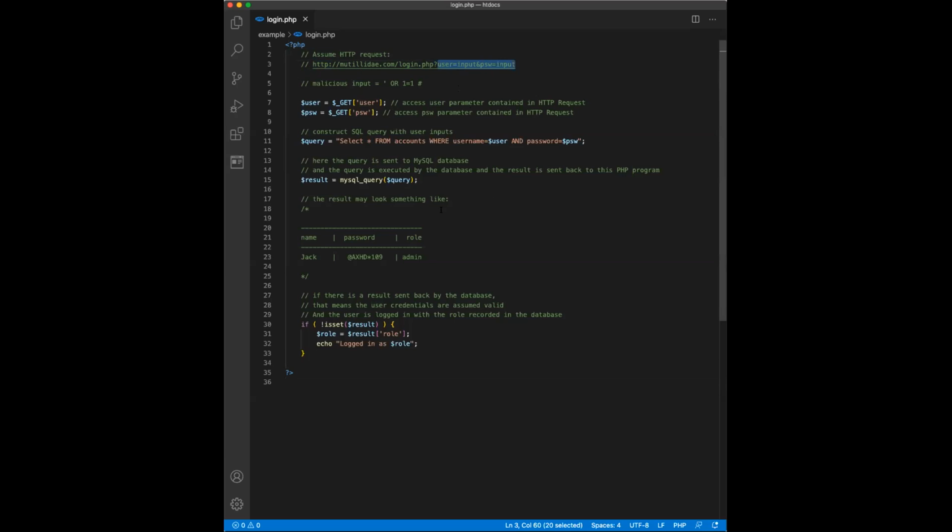In this PHP program, when it receives this HTTP request, it will first access the user parameter and the password parameter contained in the HTTP request. This is the PHP code for performing such an operation. Next, the PHP program constructs an SQL query using those user inputs. This is a select query, selecting the records in the accounts table which match these conditions: whether this username exists in the database with the correct password. If such a user exists, it will return a result